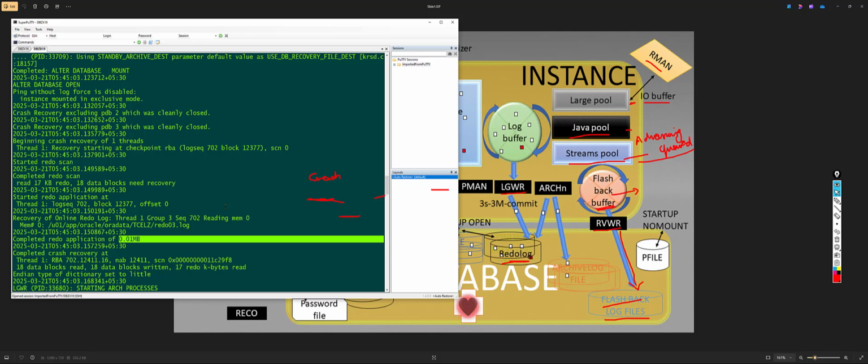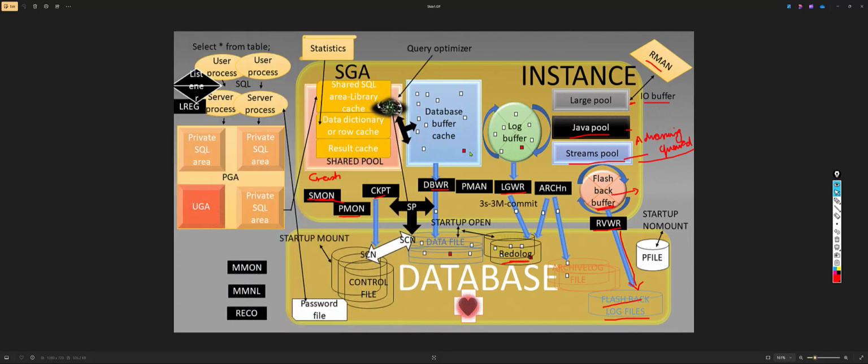The application team will say that I already committed and your database is ACID compliant, so how can you say that data is not there? Obviously there will be some legal issues for Oracle, right? They will open a legal case. If the customer is very critical, very cautious about the data, that not even one point of data should be lost, obviously the customer will thrive for the data. So even though they commit the transaction, if the data is somewhat inconsistent, then yeah,